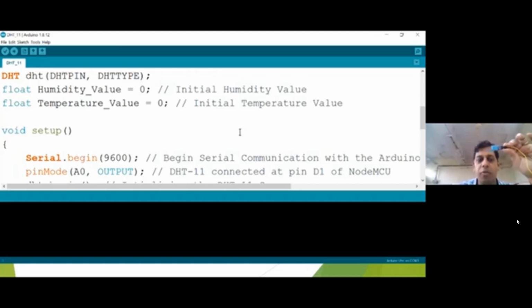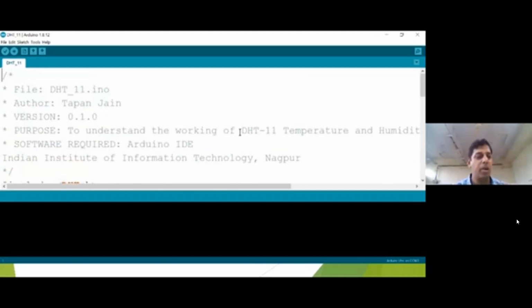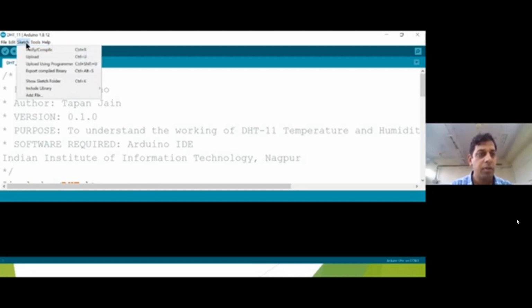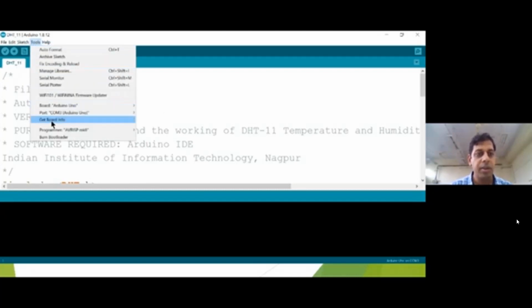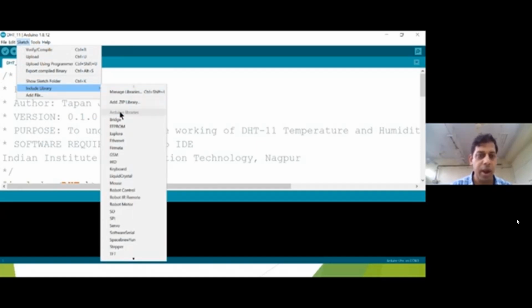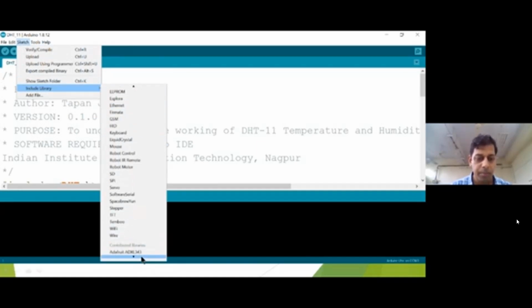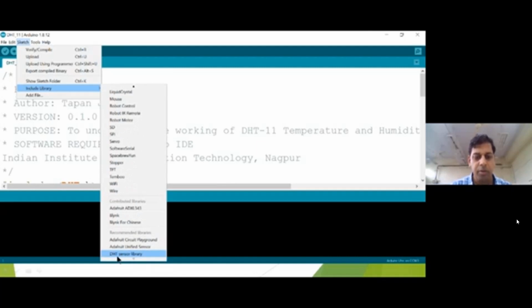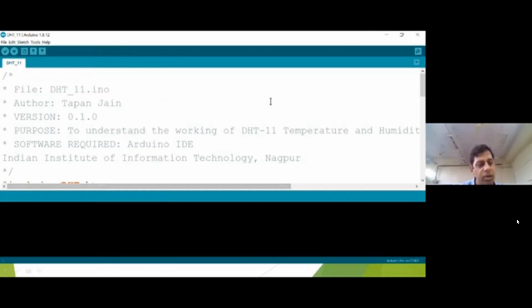So my first point is, whenever we build this kind of circuit, make sure your board is in the list and your sensor is already included in the list. If you look at the bottom, the DHT sensor library is supported as well. This is the number one point.